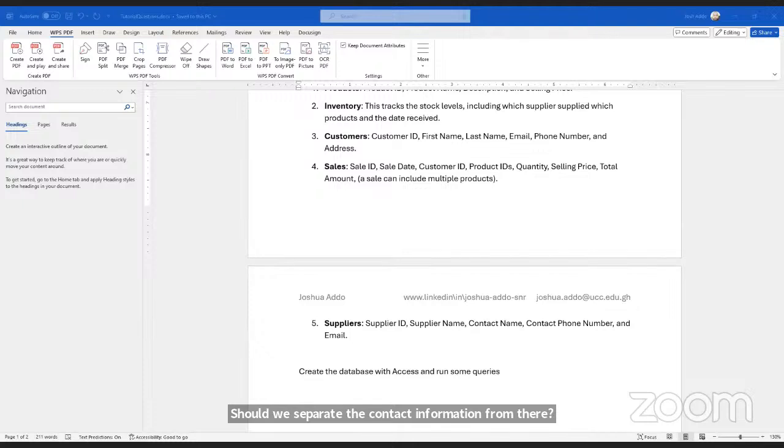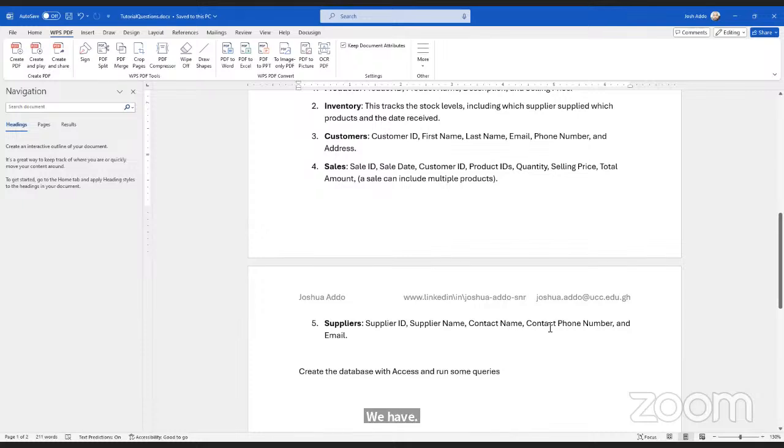No, I think the other time I tried to explain that kind of thing. If, for example, in the suppliers database, we have supplier, we have contact phone number. When we do it like this, in order to reduce redundancy, which is the main thing we want to prevent, we will not store multiple values under this column.